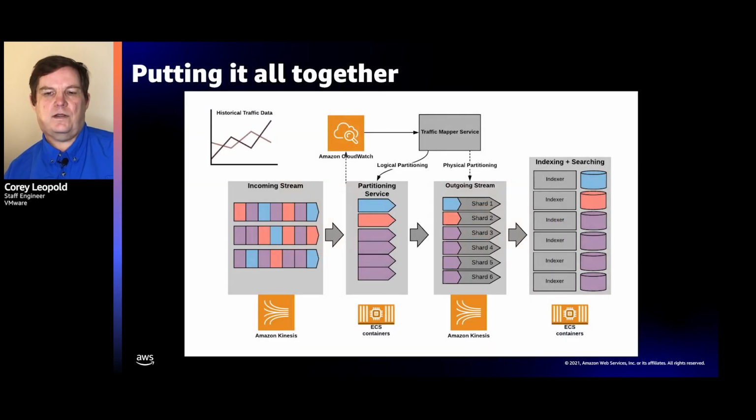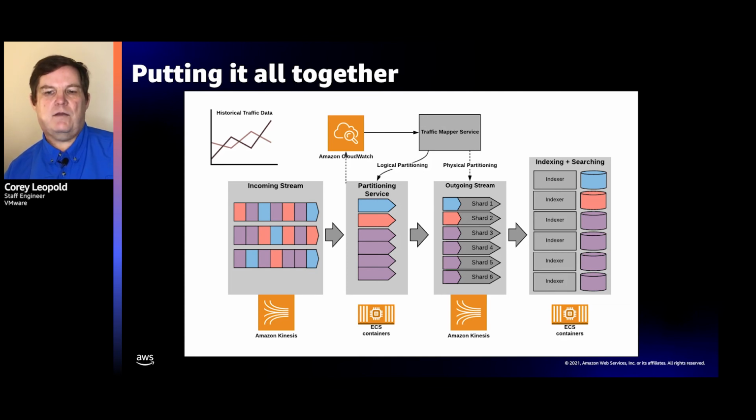This slide pulls it all together. We have a front-end Kinesis stream that we write to in the typical Kinesis use case. Data is written to random partition keys, and the shard space is evenly distributed. Then we have a processor that sorts this data, formats it in a way our indexers can consume, and now writes the data to specific assigned partition keys that we have previously discussed.